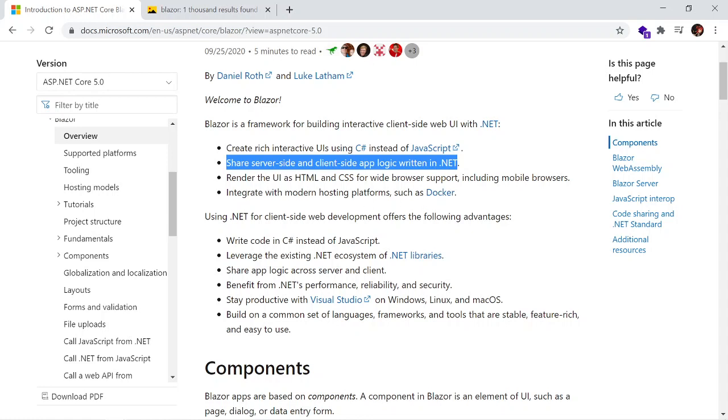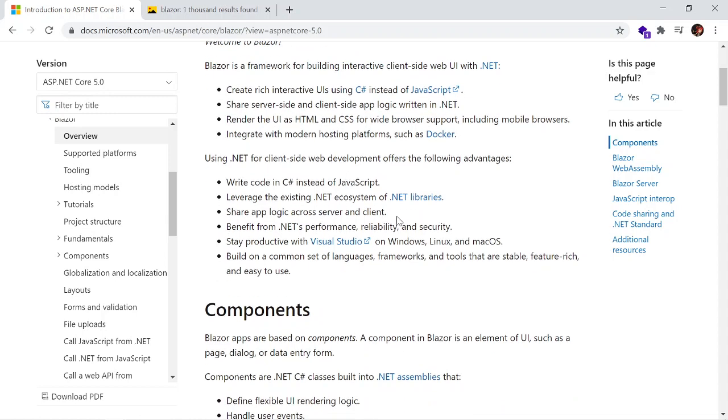Render the UI as HTML and CSS for web browser support, including mobile browsers, and integrate with modern hosting platforms such as Docker, and with Blazor for client-side web development.